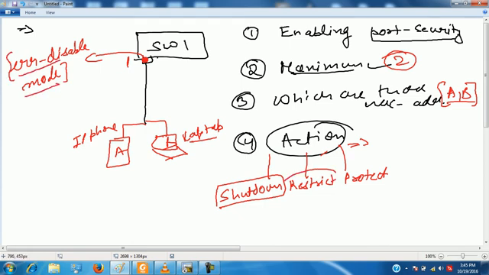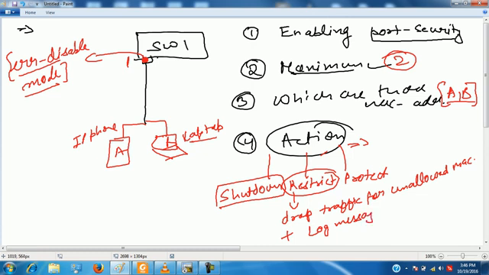Restrict means the switch will drop traffic for unallowed MACs, plus it will generate a log message also.